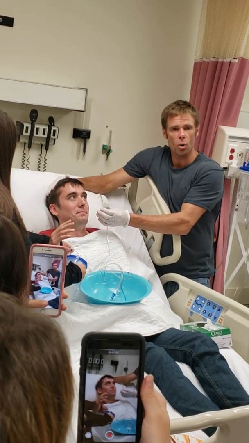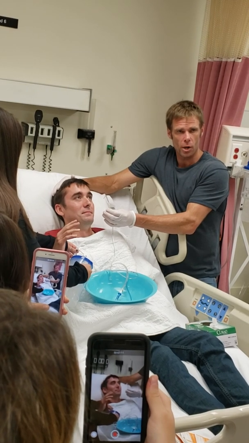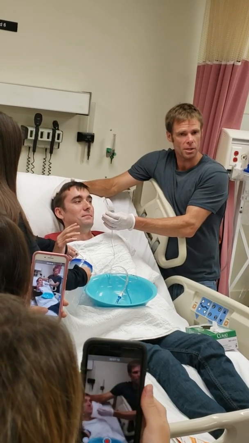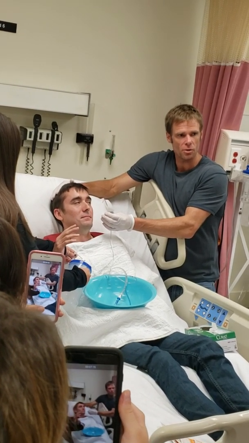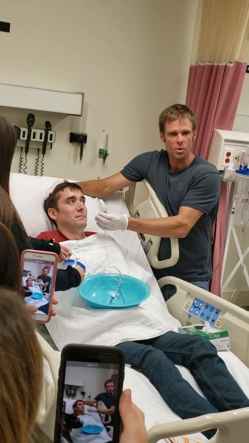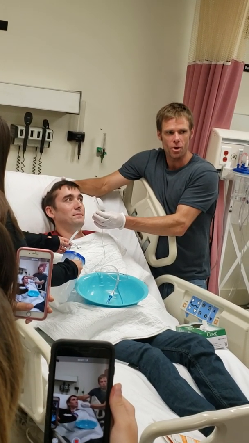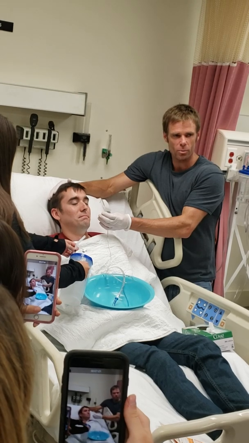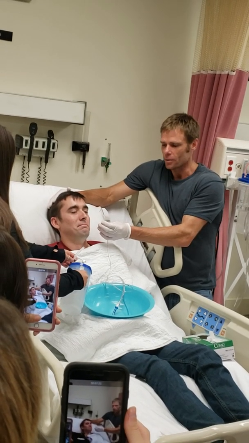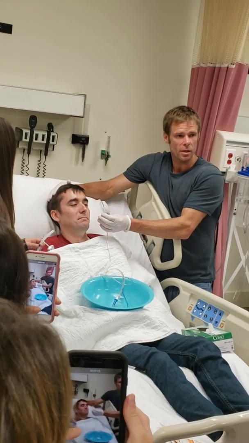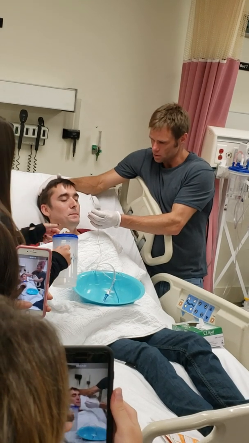Places where this tube can go: into the mouth. So you might open his mouth and it might pop out. Don't be surprised. You should know that the nasopharynx is connected to the oropharynx, which is connected to the pharynx. You know your anatomy. Hopefully you had a prereq that taught you that at some point, right? It can go into his lungs, right? So those are things. Okay, you ready to try again? Yep. Okay, here we go.